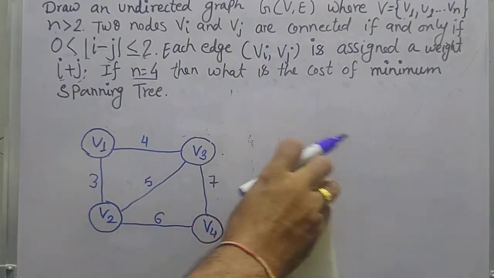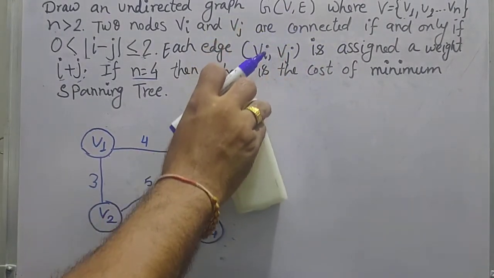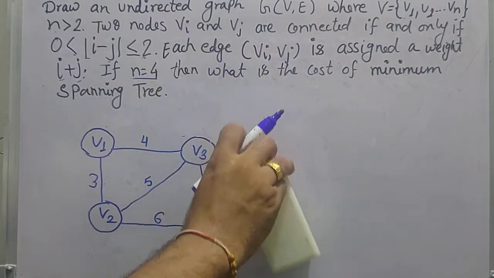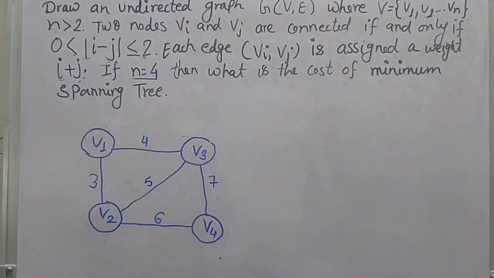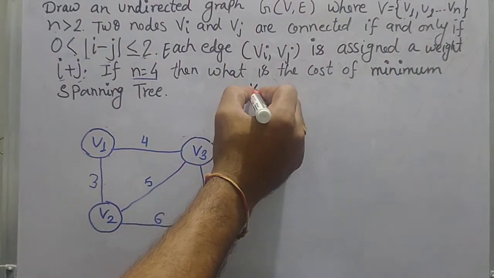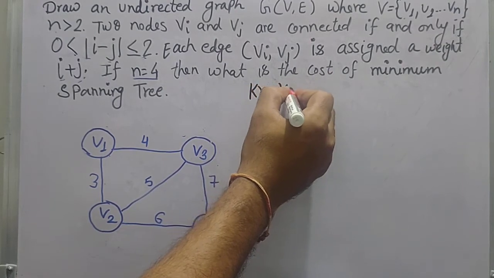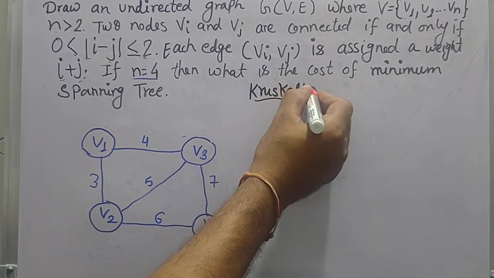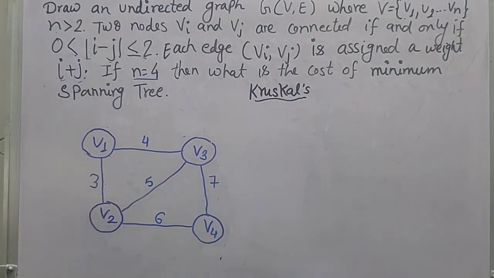So that is the first part of this question. The question is given in two parts. First is draw the graph. After that, find out the minimum spanning tree. Okay, so now the second part. How to find out the minimum spanning tree? We have two different algorithms. The first algorithm is Prim's, another is Kruskal. So you can follow any algorithm here. I am taking Kruskal. It is not necessary; you can take any algorithm for the minimum spanning tree.